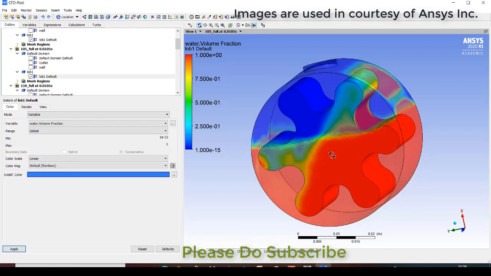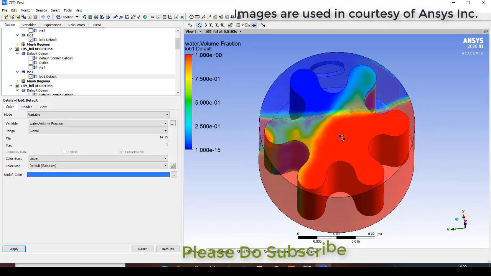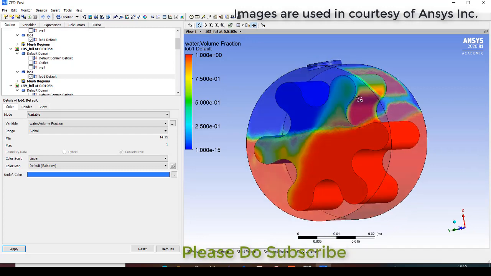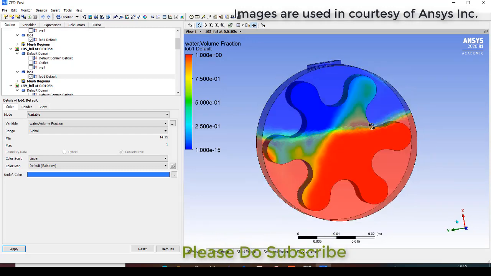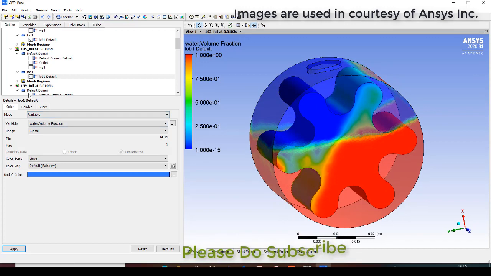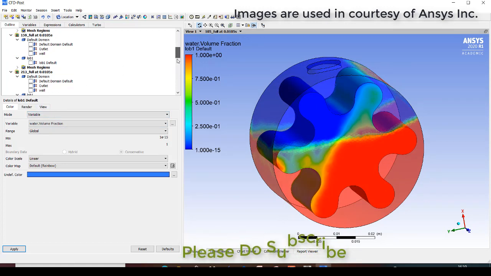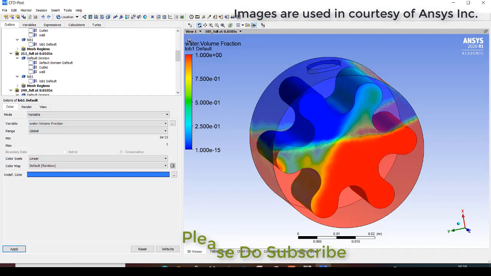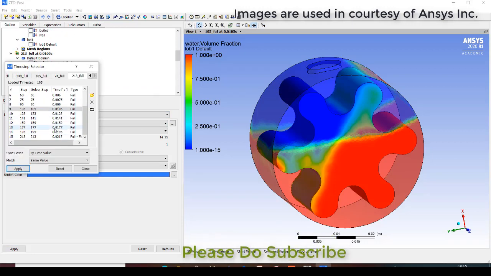So you can see when this is rotating how the water is getting spilled over as the immersed solid is rotating. Here it is the water, and you can also see how the water is getting stuck down to this immersed solid. I'll show you another time step where it will be much more visible how much water is getting carried away by this immersed solid, or this rotational fluid.